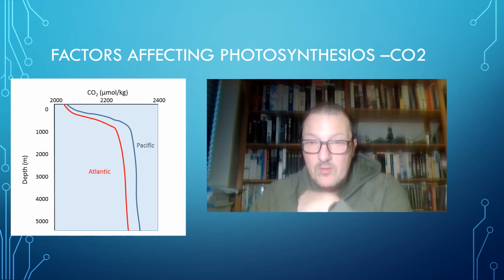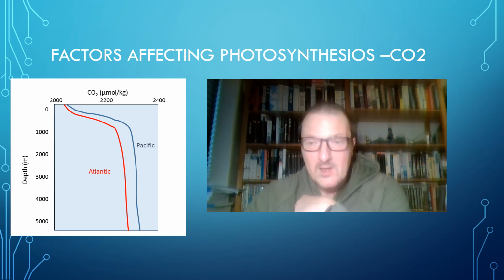Now, if you remember the formula for photosynthesis, and I hope you do, it requires water and carbon dioxide. So, of course, the concentration of carbon dioxide is also going to have an effect on the rate of photosynthesis. In general, we see that there's a lower concentration of carbon dioxide in the upper part of the ocean, and that is because, especially during day, we have so much photosynthesis going on that the photoautotrophs are using up